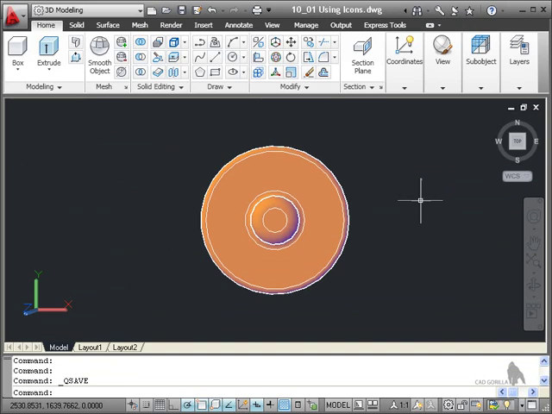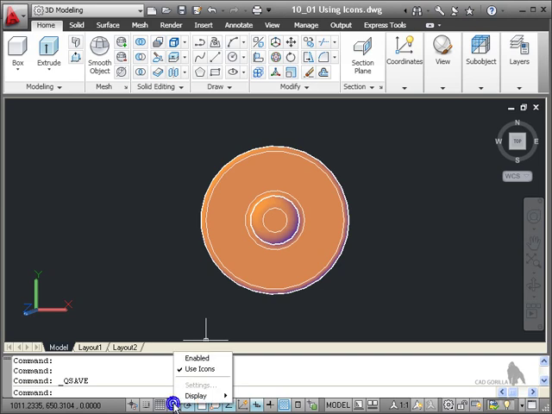One of the new settings in AutoCAD is the ability to use icons on the status bar for your drafting settings. Let's have a look now at the bottom of the screen here. You'll see I'm using icons at the moment. As I hover over each icon, can you see it's highlighting in blue there if it's not already switched on? If I right click over any of those drafting setting icons on the status bar, so let's right click